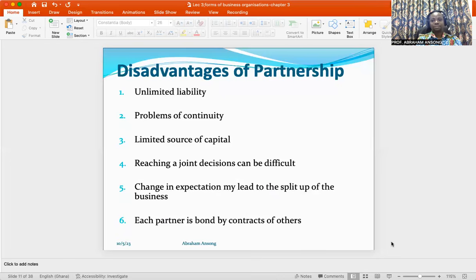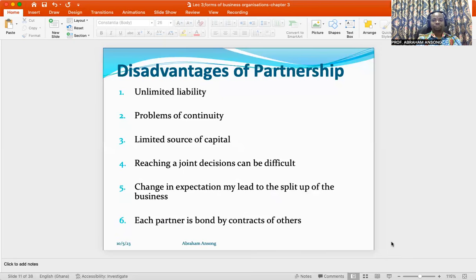Other times, it is probably the company will be suffering with issues of either funding or expertise. Okay, assuming the partner who wants to leave because his or her expectations are not being met is a major contributor in terms of the capital contribution to the partnership, or was deemed to be the most knowledgeable person in terms of expertise. That can be a major problem for the partnership business.